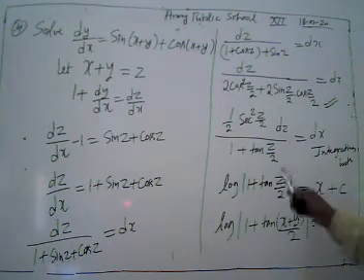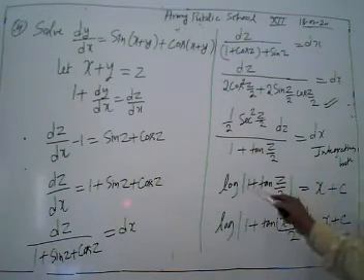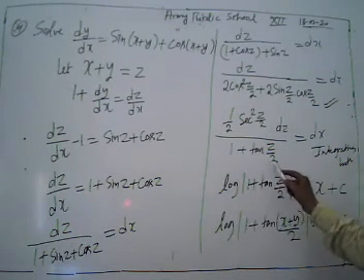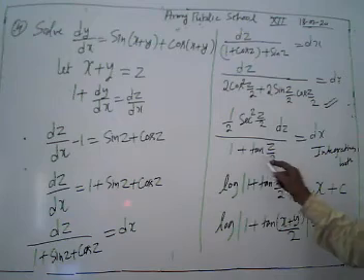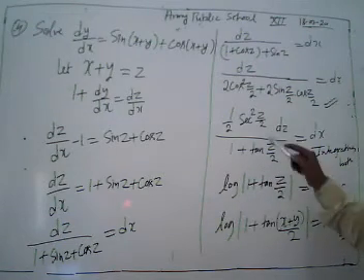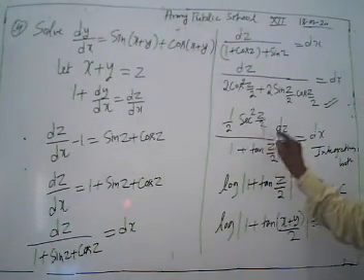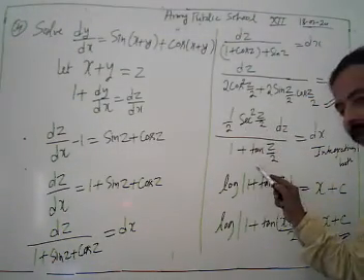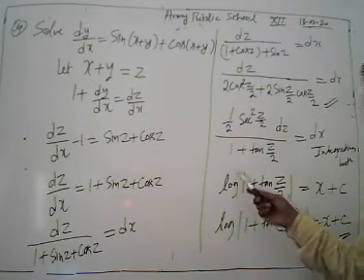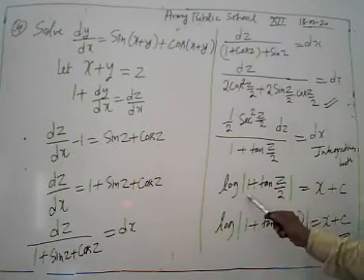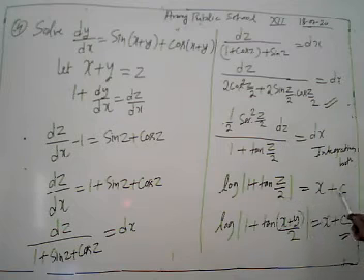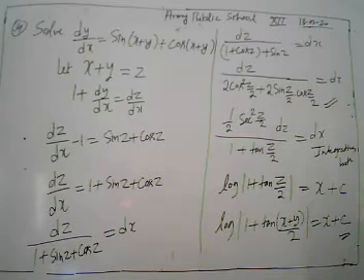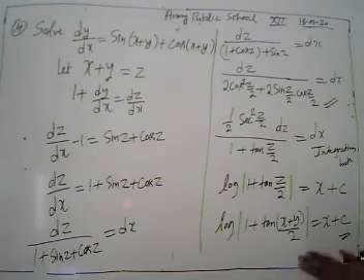After that we are going to integrate. When we integrate, we take 1 plus tan z/2 as t. When we take it as t, then what do we get? We get 2 into sec square z/2 dz is removed, then we get 2 here. And sec square dz/dt, then it is dt by t format, and the integration of dt by t is log t. What is our t? It is 1 plus tan z/2 equal to x plus c. Then we get our required solution: log of 1 plus tan of (x plus y)/2 equals x plus c.